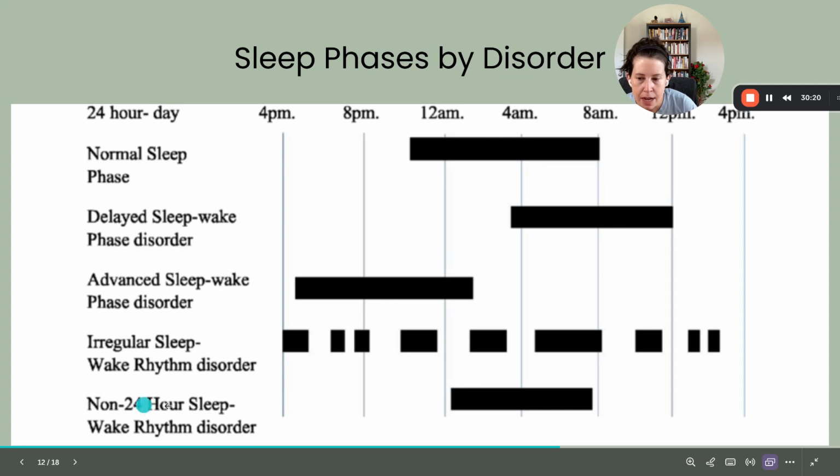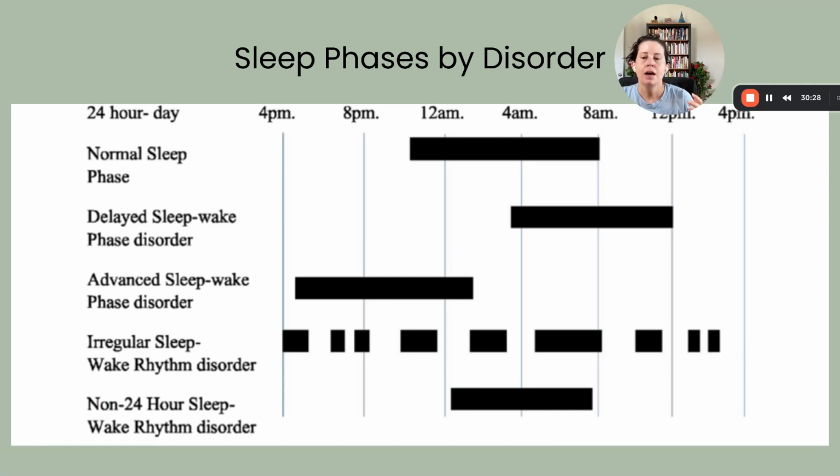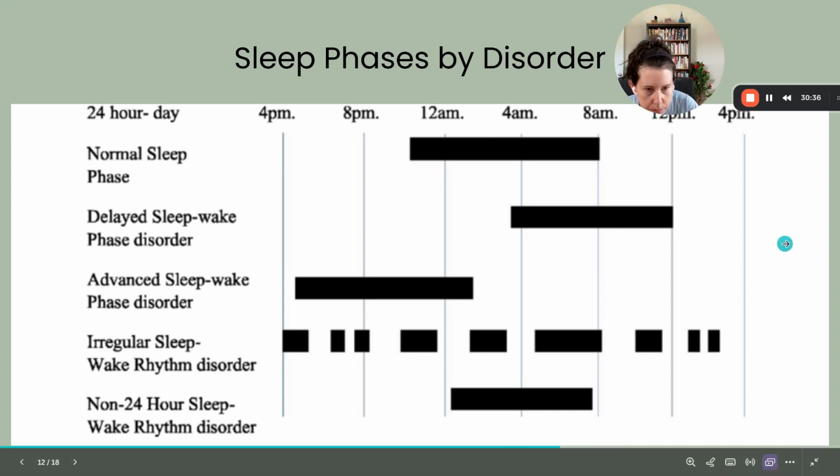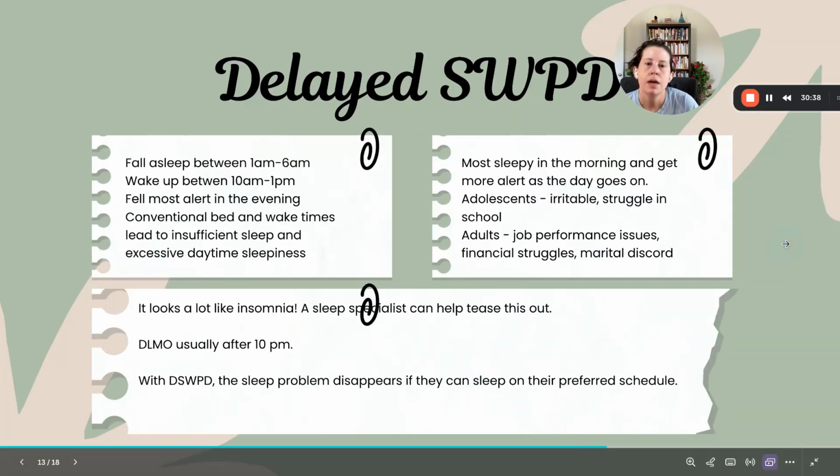And then this is the non-24-hour sleep-wake rhythm disorder. So this is where it advances by an hour. So every day you go to bed an hour later and you get up an hour later. And then the next day, an hour later again, and it kind of runs around the clock. So I want to break down